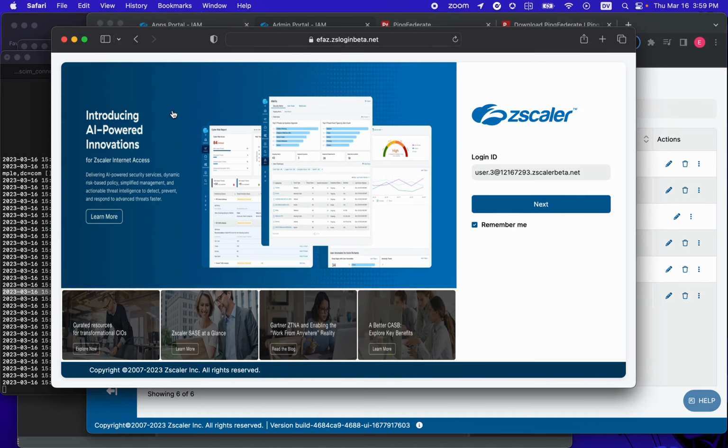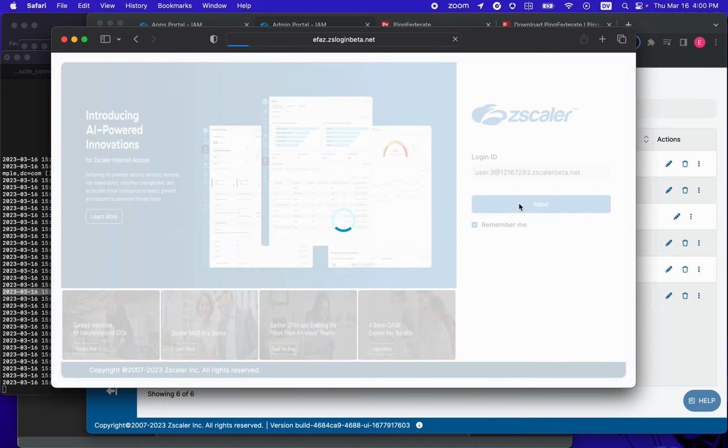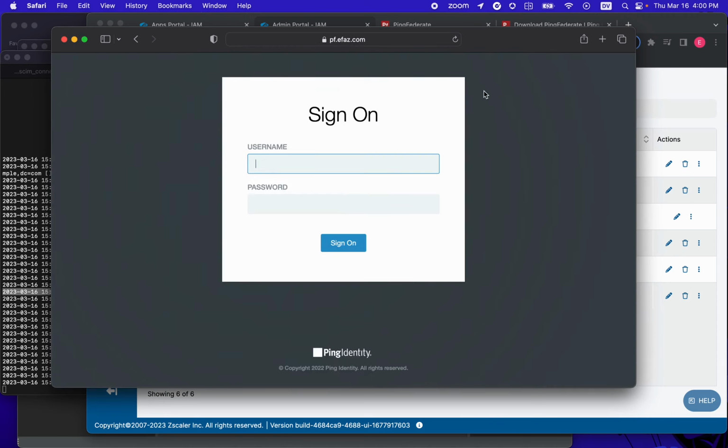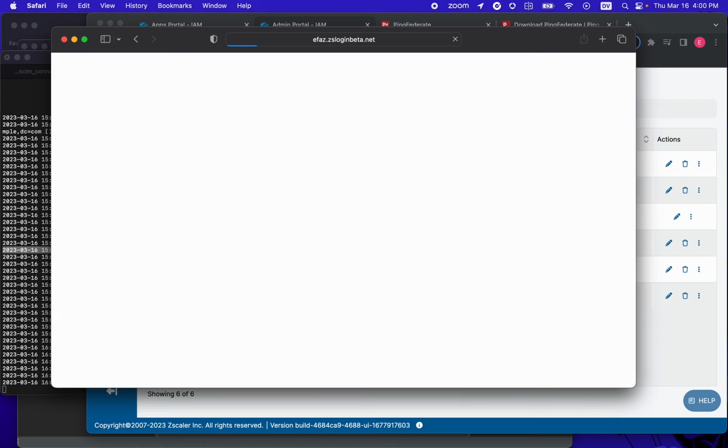So the last thing I want to show is that a user can SSO into ZSLogin. So bringing up a new browser here, that username just happens to be cached from my prior run through this. So ZSLogin just redirected me over to PingFederate. This is the PingFederate server. I'm going to log in as user.3 at PingFederate. And you'll see I'll come back to ZSLogin